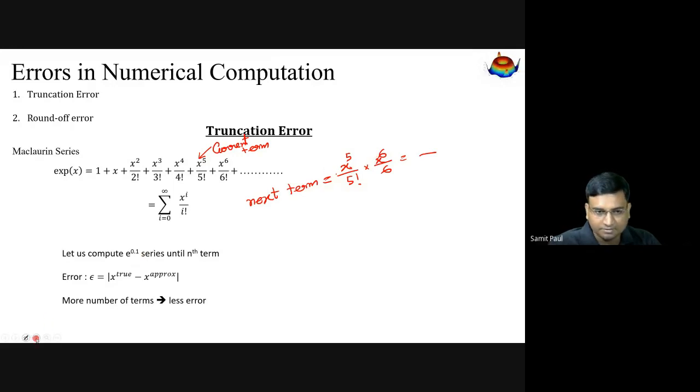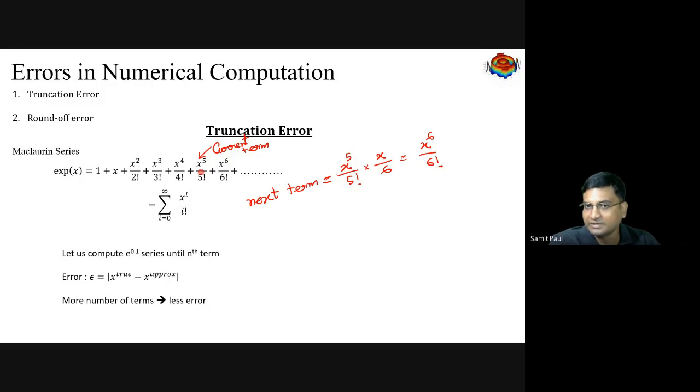When it is erased, this will be x only. X by 6, x to the power 6 by factorial 6. Okay, so this is how we can calculate the next term.